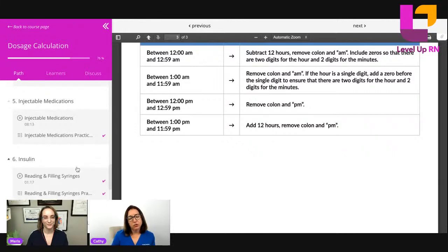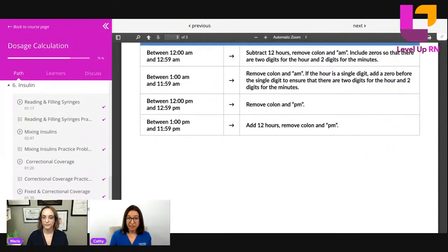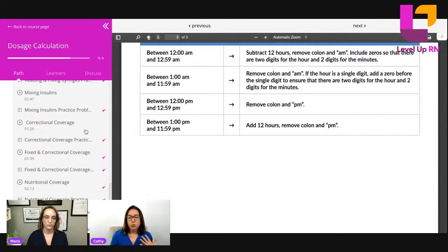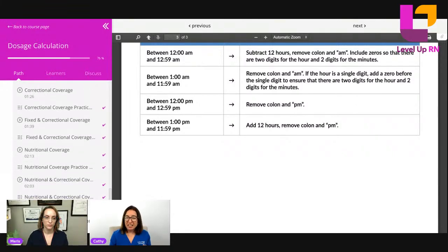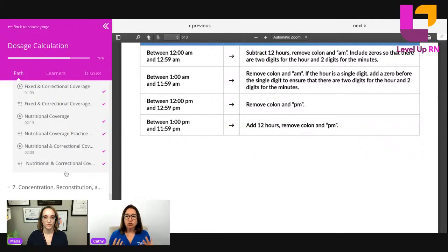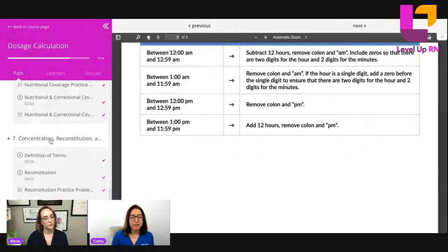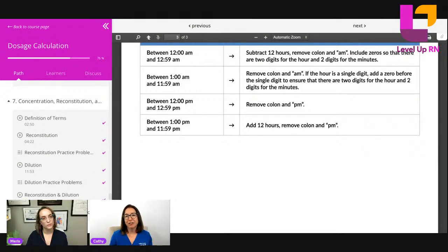Then we have a whole chapter on insulin, which is really important. How to read and fill syringes, how to mix insulins, how to deal with an order for correctional coverage as opposed to an order for fixed and correctional coverage. And then if you have a patient with nutritional coverage, how would you determine how many units of insulin to give that patient? Then we have chapter 7 here, which is like everyone's favorite,